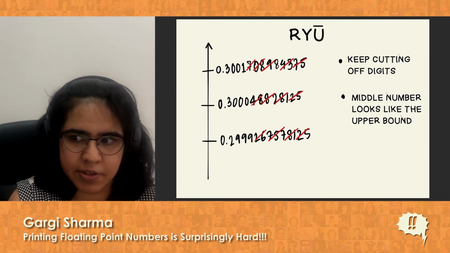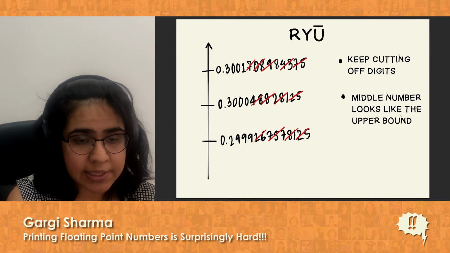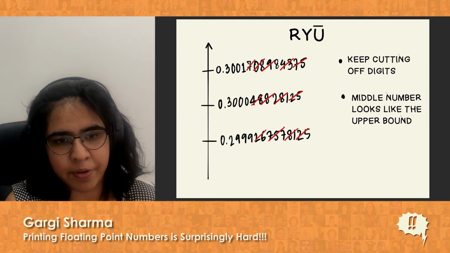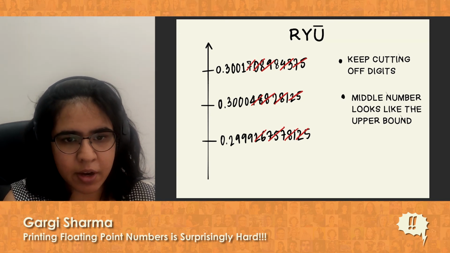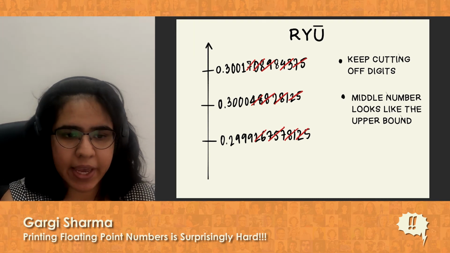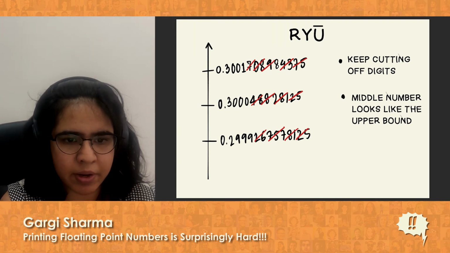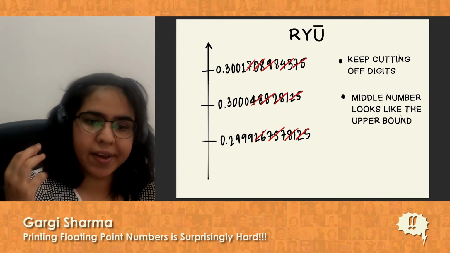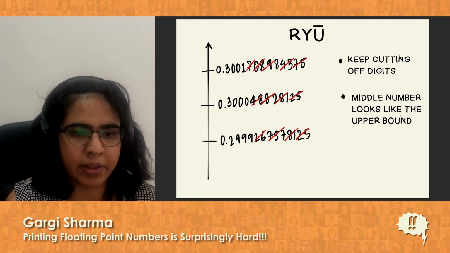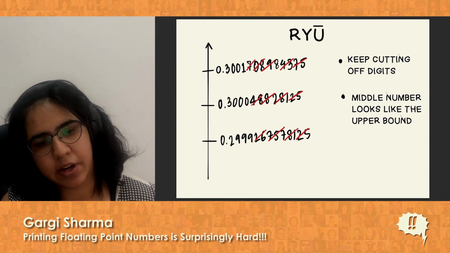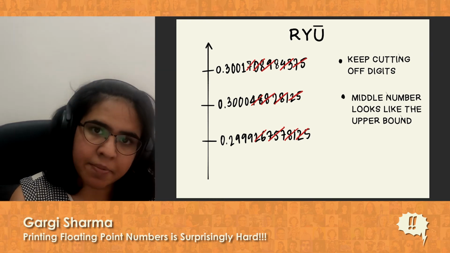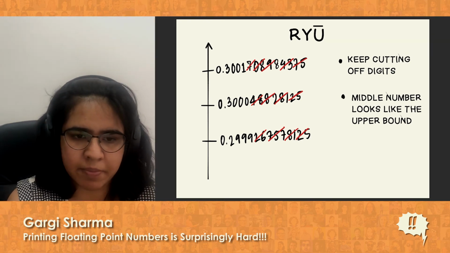So Python uses a different algorithm, and the newest algorithm in the land of printing floating point numbers is called Ryu, which came around in 2018. So let's say we have a number that we want to print, and the number is 0.30004882815, and again we have a previous number on the number line and a next number on the number line,